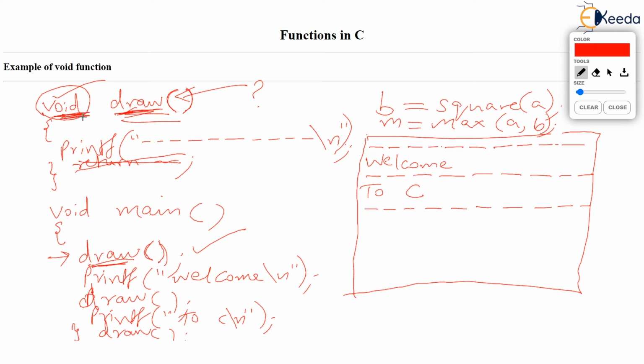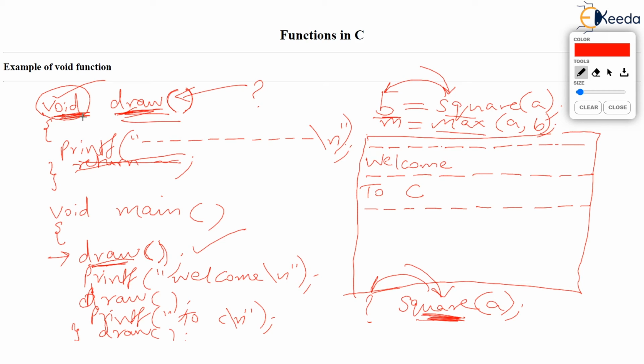Now you watch, this square function and this max function were functions which were returning some answer. Now come on, if the function returns some answer, then there should be some person on the left hand side, isn't it? Who will store that answer? How about calling square like this? You watch this place, square a. This is rubbish because square a is going to return some answer, but who is going to store that answer? We don't have anyone on the left hand side. So if a function returns a value, just as the square function returns a value, you must store the value or utilize that value by storing it in some variable. That's why we wrote b is equal to square a.